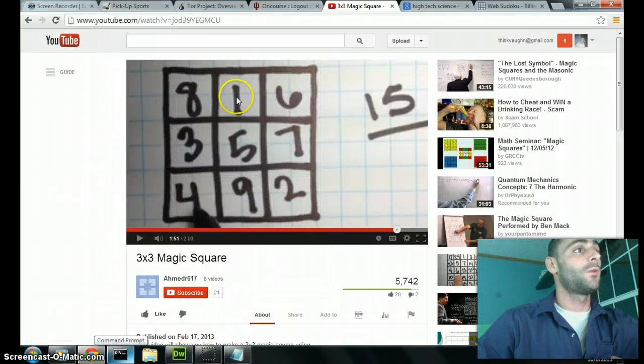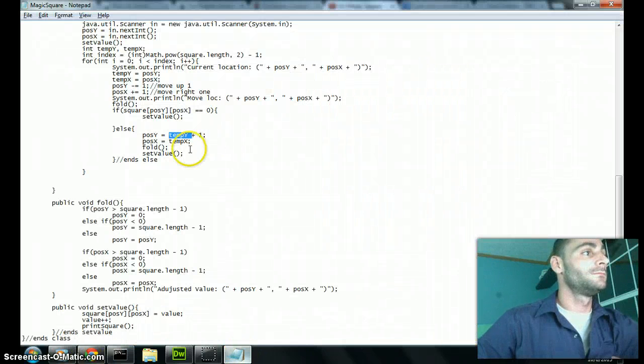So we come from here, we go there, and is there something in that box? Well, yes, it's not a 0, there's already something in there, there's a 1 in there. So we want to go back to our position y and add 1, so we want to come down, and we're right here with x. Well, we want to go back to our original x, and that's where we want to put something in. And before we do that, we want to fold, and make sure that whenever